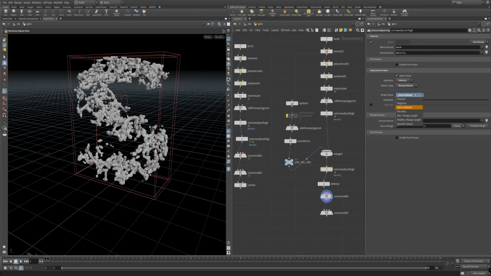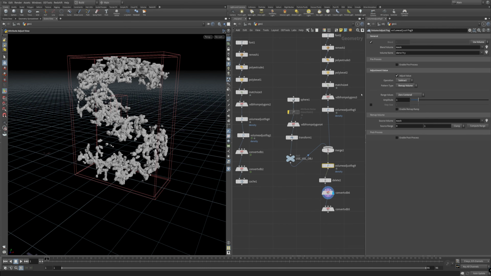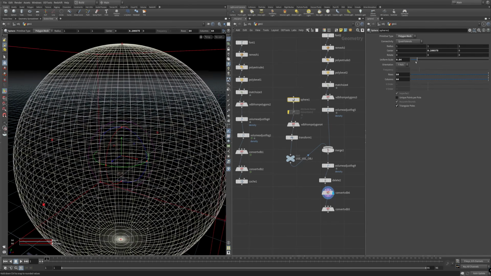Can I do remap? There we go. If I do remap, then I can get my zero centered. And now it's asking me what I should remap, and the source is mask. This is so strange. Density. Huh. All right. Another one of my tangents that has happened in these tutorials. I was hoping to get a very similar effect, and not quite.